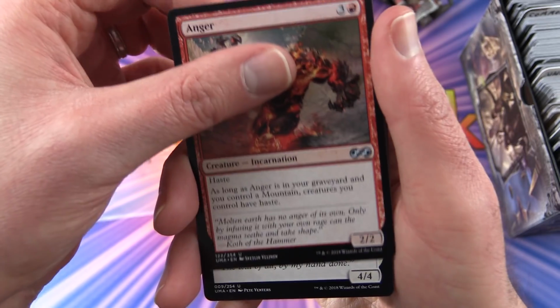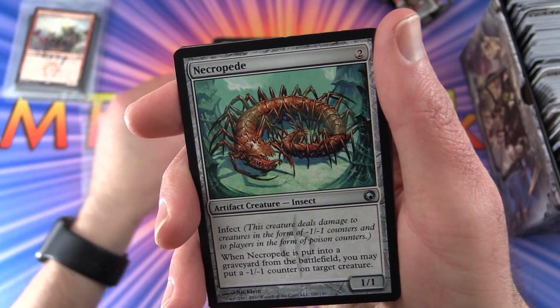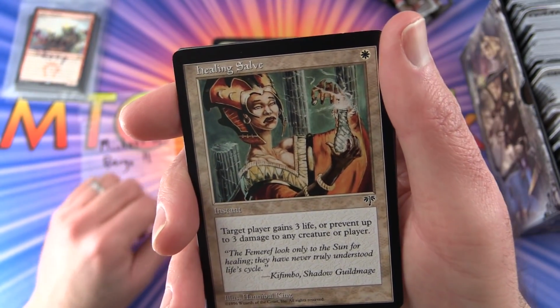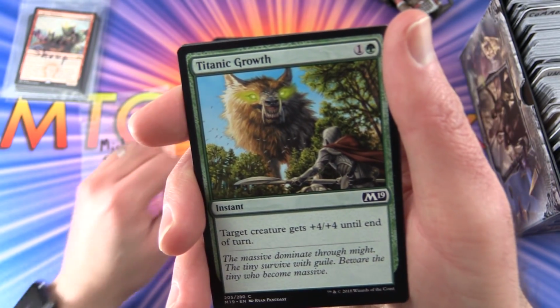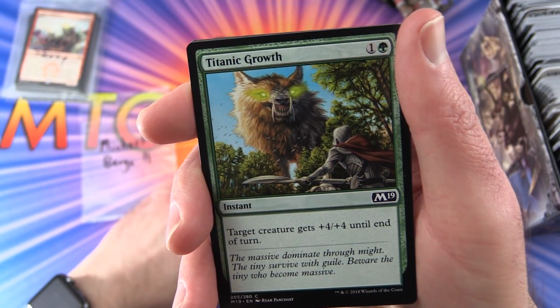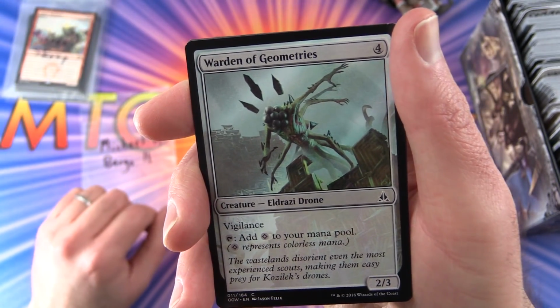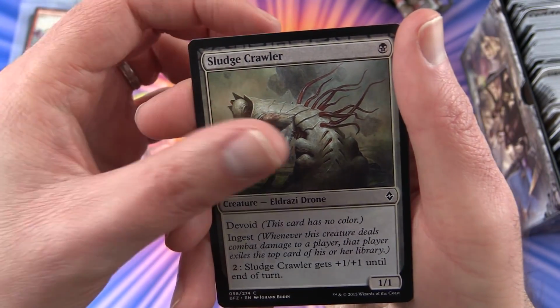Anger. Ancestors Chosen. Necropede. Healing Salve. Titanic Growth. Okay, so I think I just had things the other way around. Warden of Geometries. Sludge Crawler,